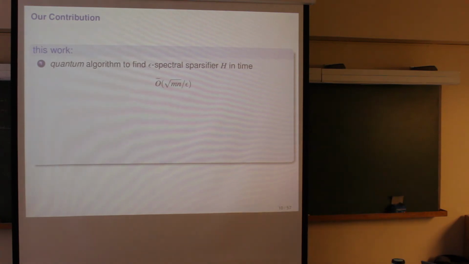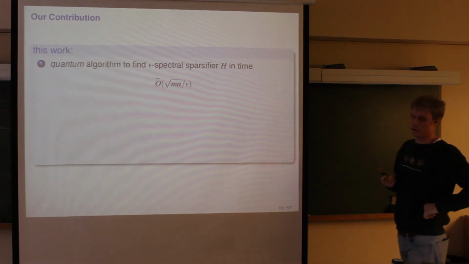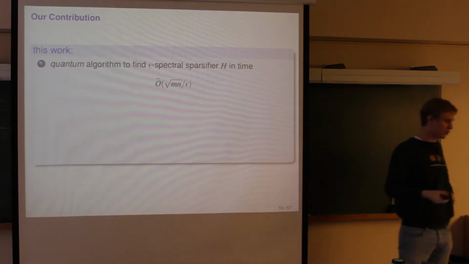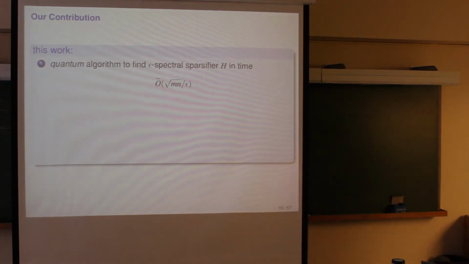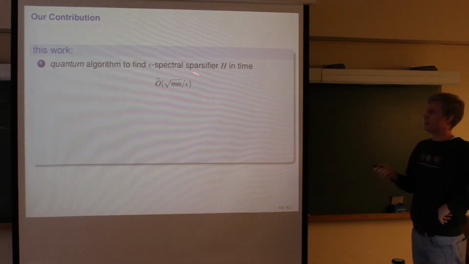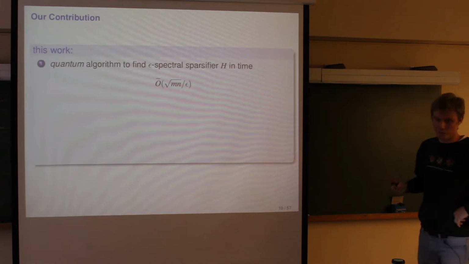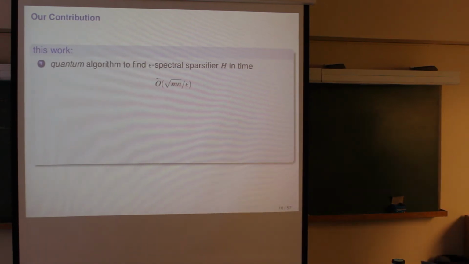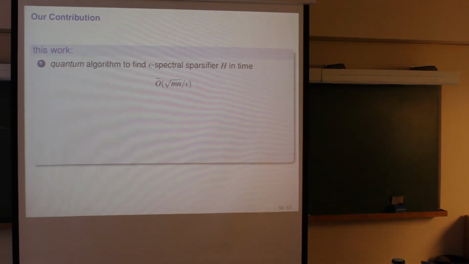and that's exactly why we were looking at it. Okay, so what we wanted to do is we wanted to ask the question, can we find quantum algorithms which basically sparsify graphs? And we showed that indeed this is possible. Namely, what we showed is that we proposed a quantum algorithm that finds an epsilon spectral sparsifier in time O tilde square root of mn over epsilon. Right? So recall that originally you had complexity which is O tilde m.